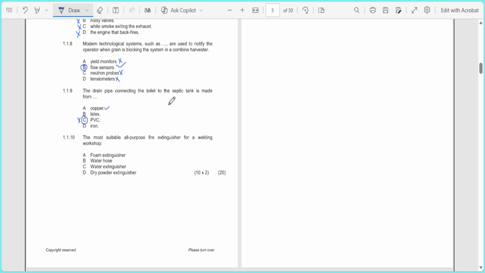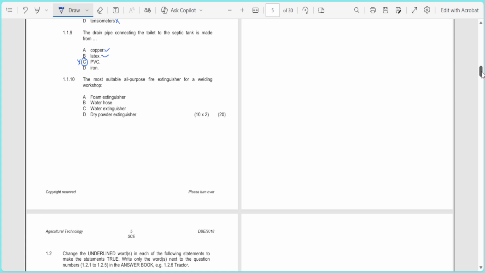And another thing is that it's actually prone to corrosion from waste chemicals. So definitely not copper. What about latex? This thing is not rigid, so we cannot use this thing. So definitely C should be the answer in this case. Iron,